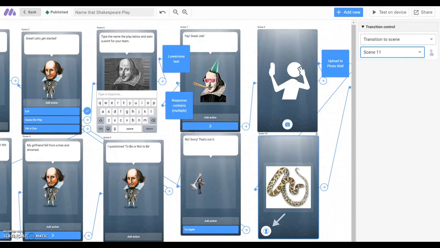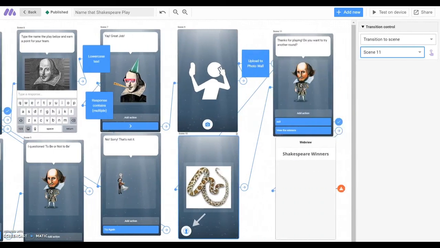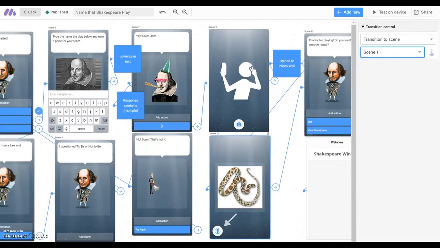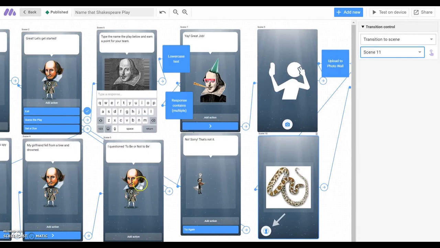This is just one step of an experience. So you can, of course, then move on to the next round and start again, building your next question, and then move on to the next question and create a whole activity for your students. Of course, if you are not wanting to do an entire scavenger hunt, you could just do a quiz where each new scene is a new question that they would then pick the answer to, for a faster quiz.